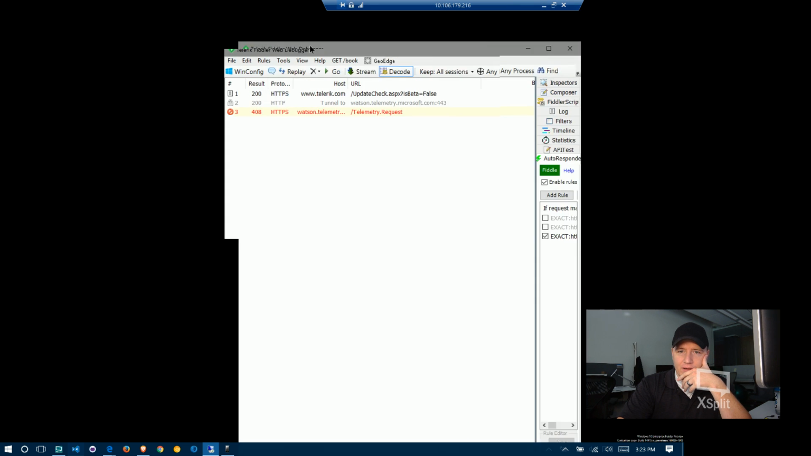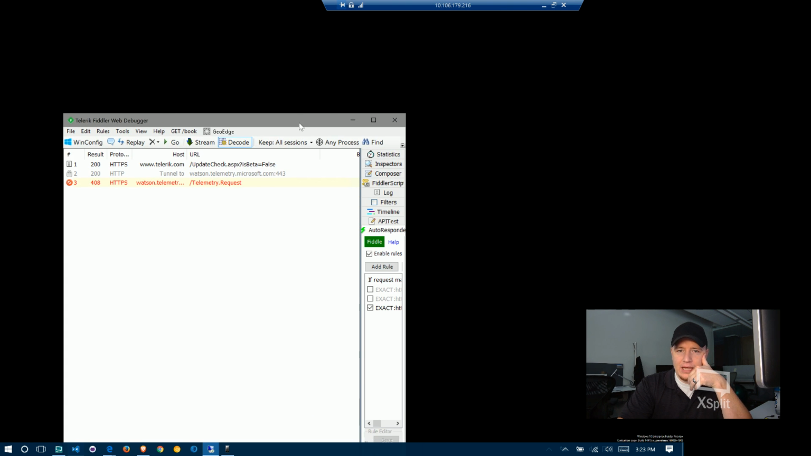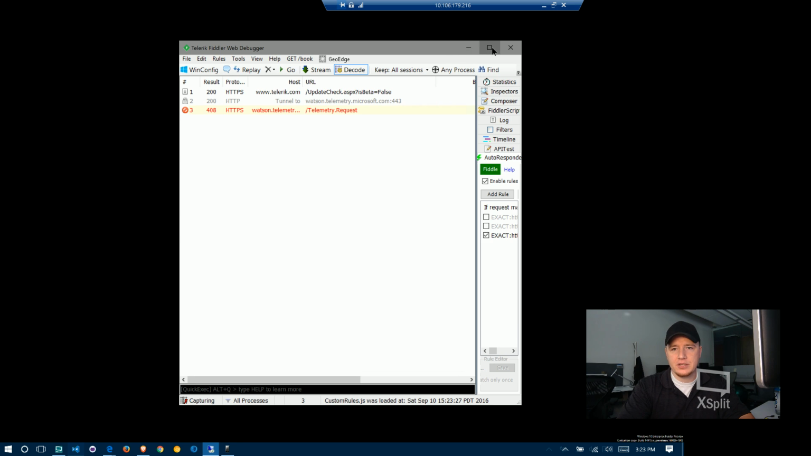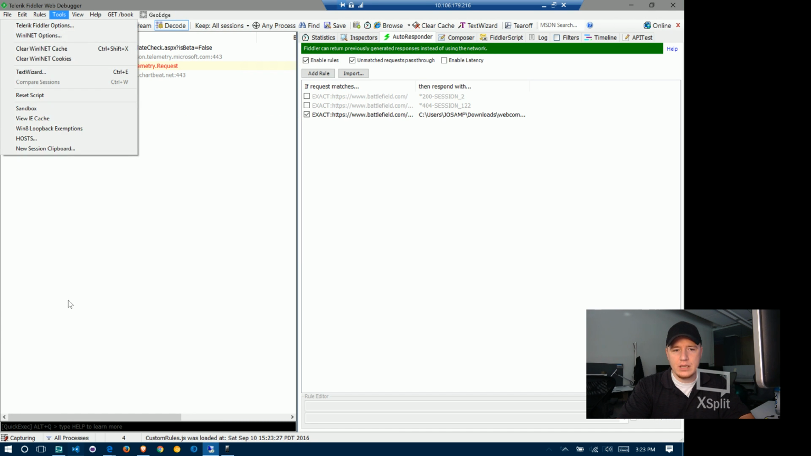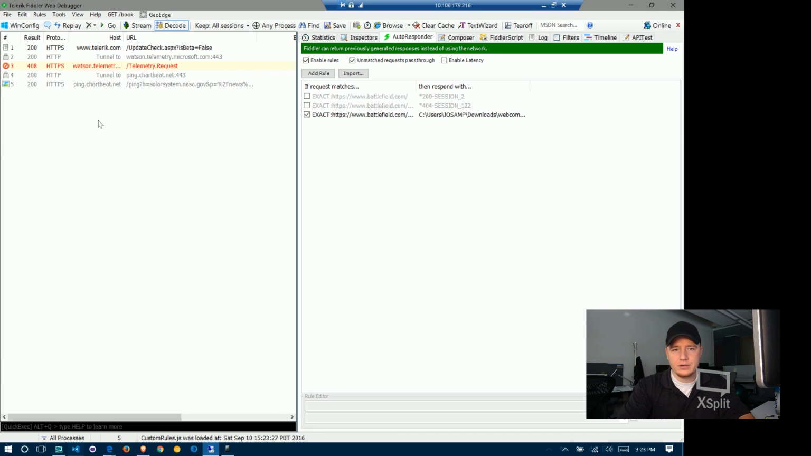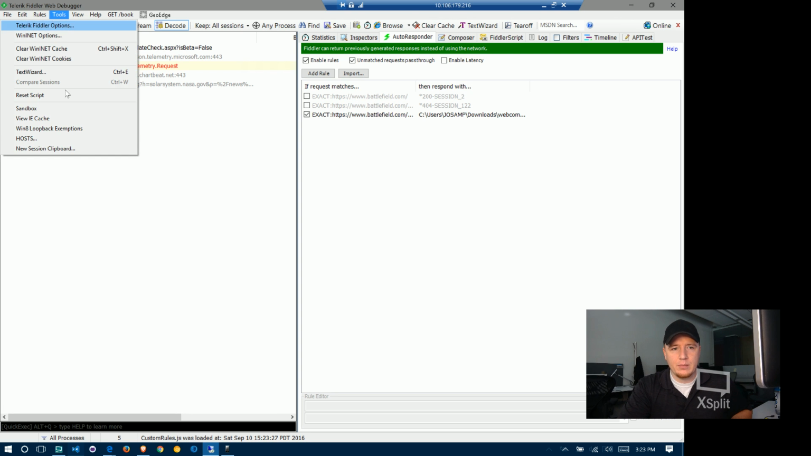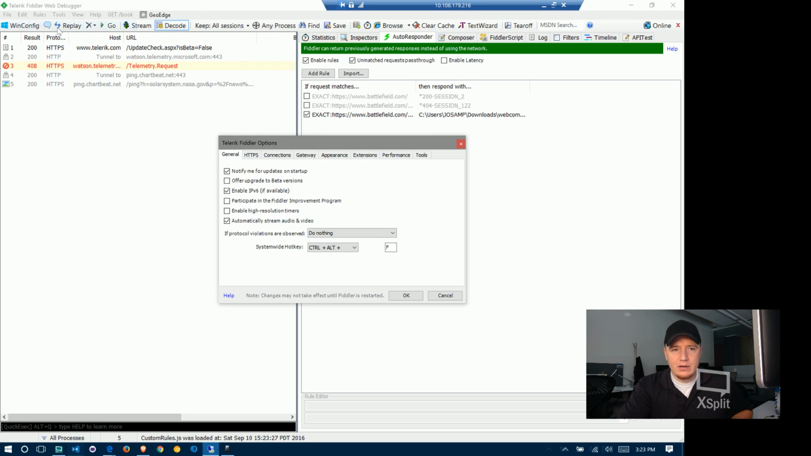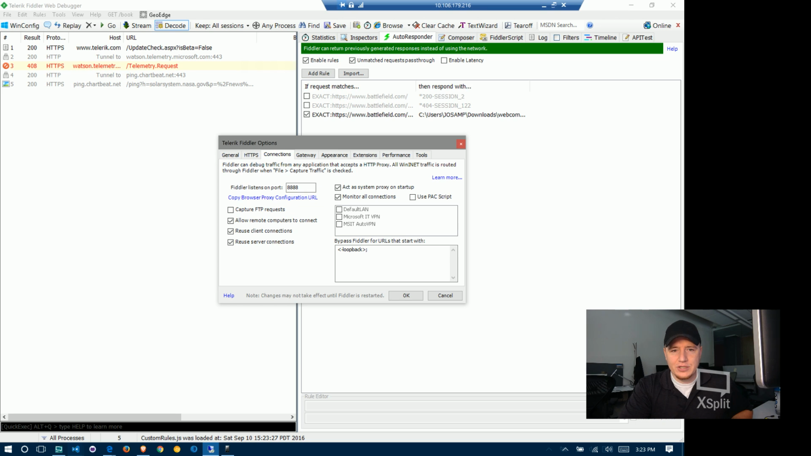And inside Fiddler, I believe I already have it set up for proxy connections. So I'm going to go up to Tools. Actually, I'm going to turn off capturing so we're no longer intercepting traffic. I'm going to go to Tools, Telerik Fiddler Options, and Connections. And let's see, we are already set up to allow remote computers to connect, port 8888. And all we really need to do is set up the proxy on my phone here to go to that